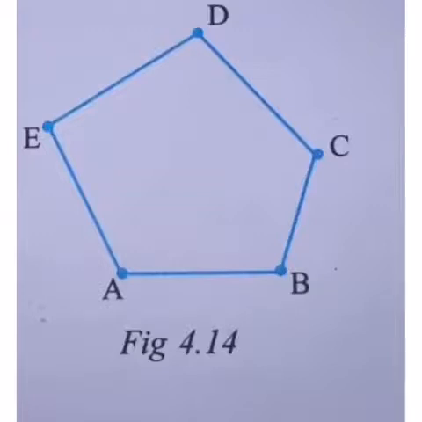Now children, we will see the sides of the polygon ABCDE. So children, the sides of this polygon are side AB, side BC, side CD, side DE and side EA. Now children, you can see that two sides meet at one point. For example, side EA and side AB meet at a common point, and that is A, and this A is known as the vertex. The meeting point of a pair of sides is called its vertex.